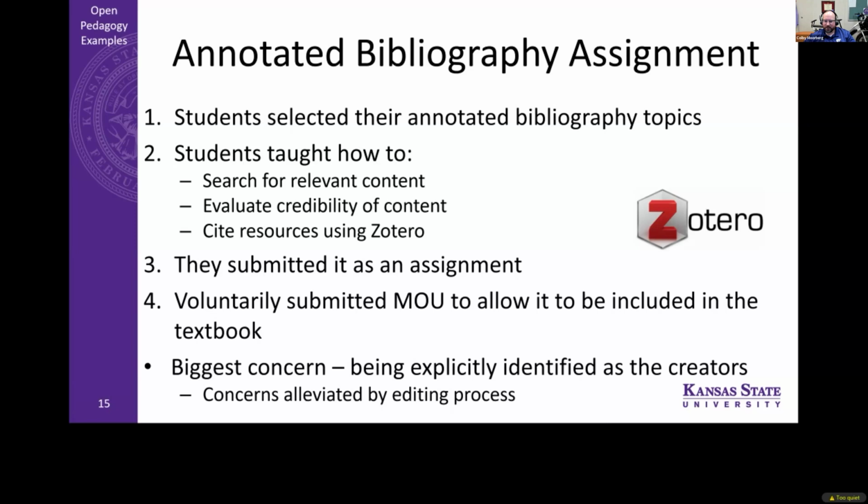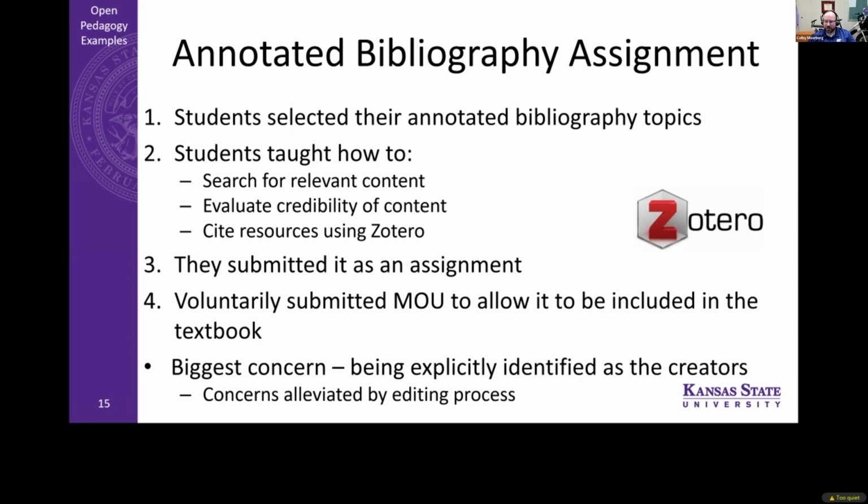And so what we ended up doing is, through the editing process, I would have them submit their assignment. I would grade it based on the rubric that we have for the assignment. And then from there, I would take their version and I would edit it myself. And that way, with me editing every single annotation throughout the whole book, we had a consistent voice throughout the